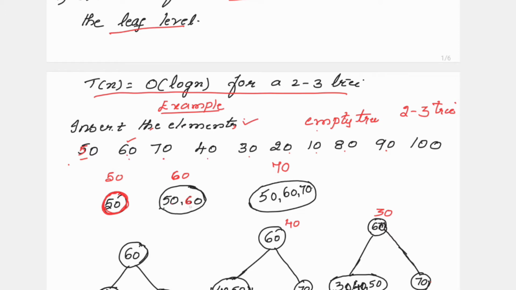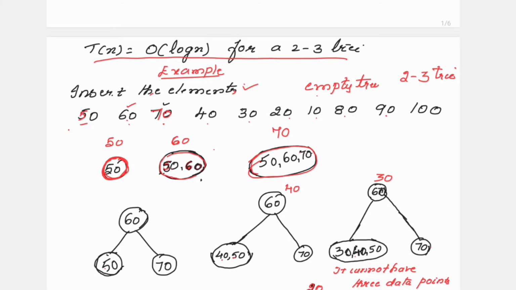In a 2 to 3 node, you can always place two elements. So immediately after 50 you have placed 60 here. You should not place 60 and then 50, because the elements should always be in sorted form. So already 50 was there, you have now placed 60. Next you want to insert the element 70. 50, 60 are already there, so you are going to add 70 to this node only.